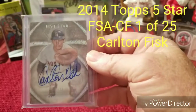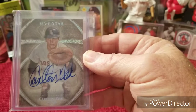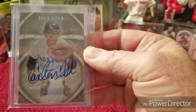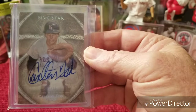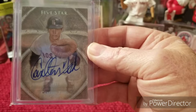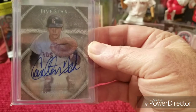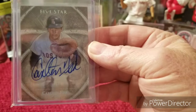If you watch my San Antonio video, this is a beautiful, beautiful Carlton Fisk and a number 1 up. So Carlton Fisk. Carlton Fisk played for the Boston Red Sox 1969 and then came back from 1971 to 1980. He had a 24-year major league career, was never voted the MVP, was 11-time All-Star catcher, of course, 68.5 WAR, batted and threw right, had a lifetime average of .269, amassed 2,356 hits and